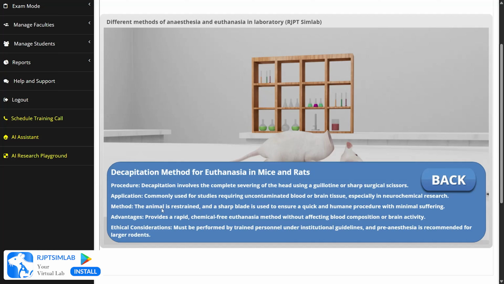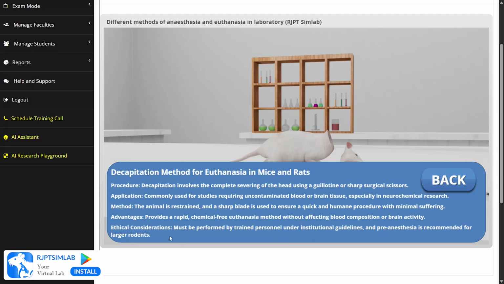The method is that the animal is restrained and a sharp blade is used to ensure a quick and humane procedure with minimal suffering. This step gives minimal suffering to the animal within an instant. The advantage of this method is that it provides a rapid, chemical-free euthanasia method without affecting blood composition or brain